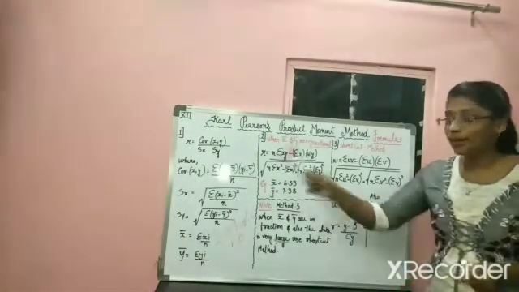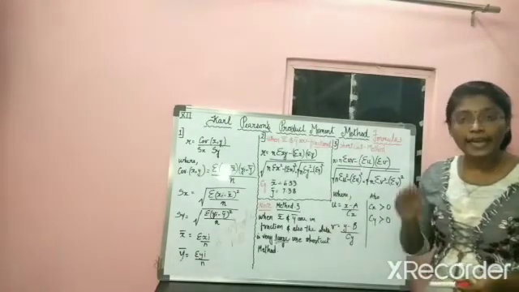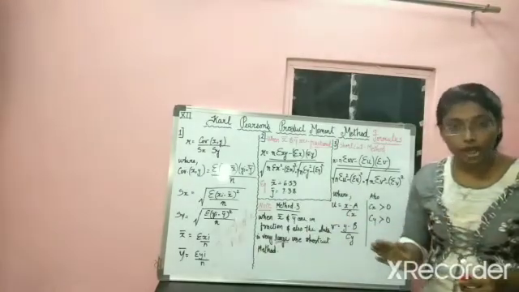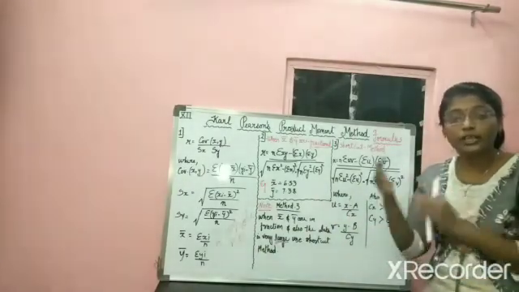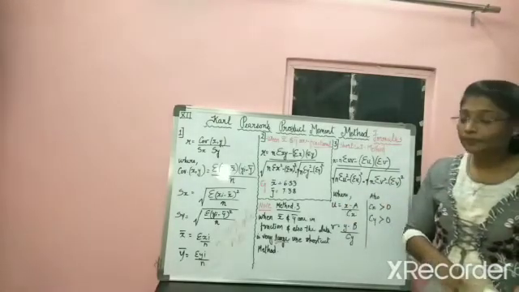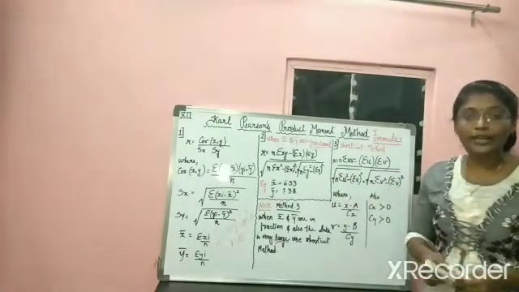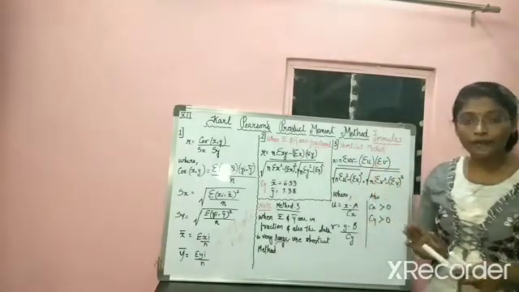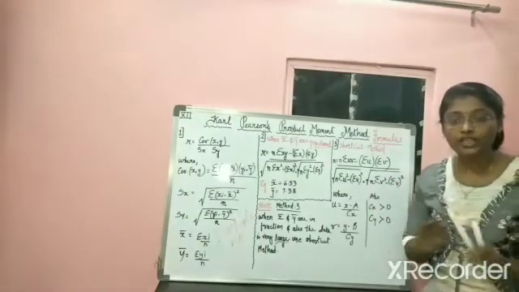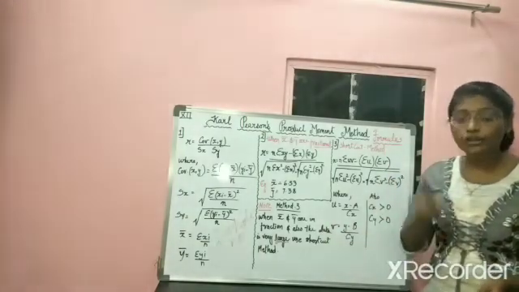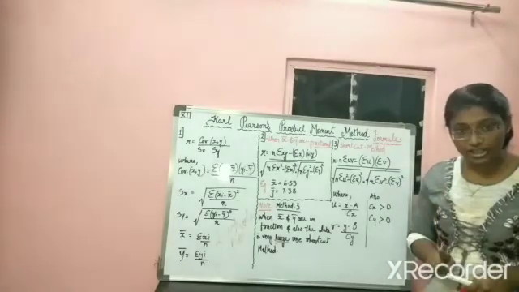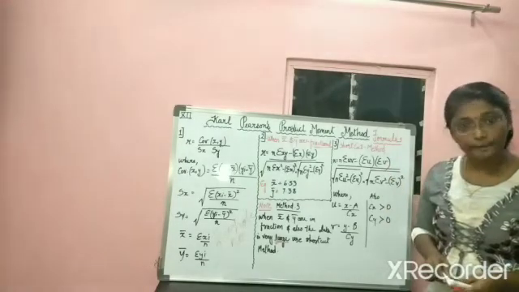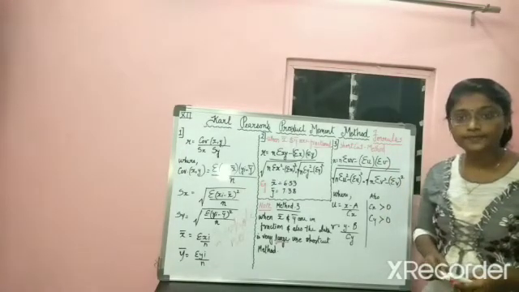Again I would repeat. The first formula you use when your x bar and y bar are whole numbers and your data is given in normal numbers, neither too large nor too small. The second formula you use when your x bar and y bar are fractional. Clear? The third formula you use when the data given in your question is very large and also your x bar and y bar are fractions. Understood? In that case you have to move on with this shortcut method. Clear with these three formulas?